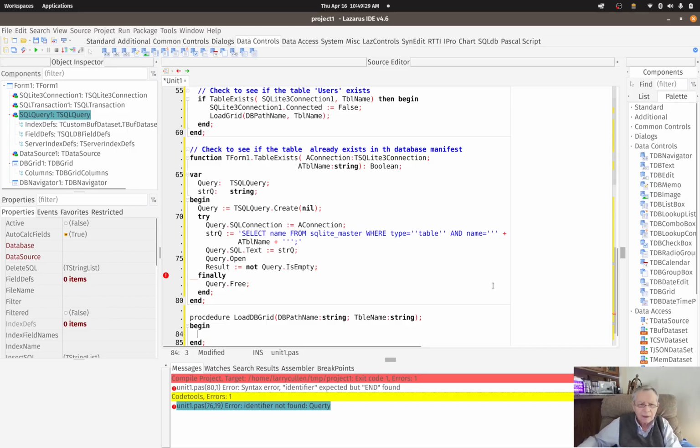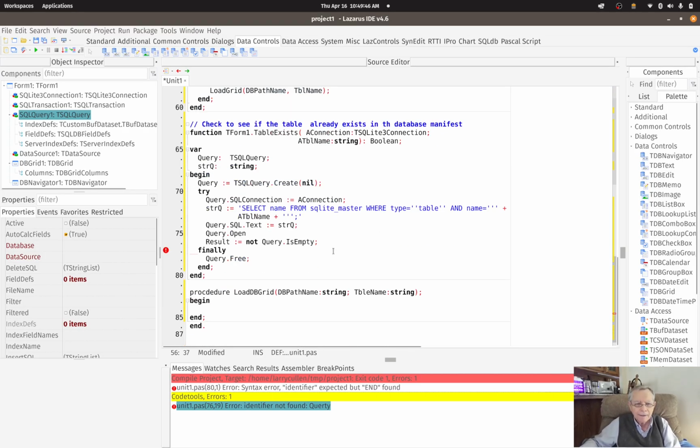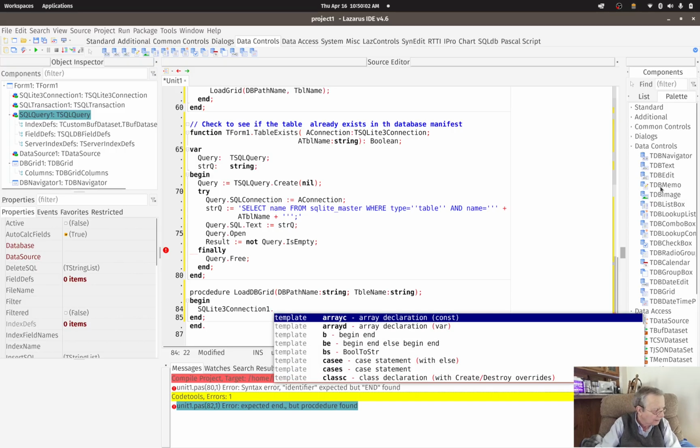So let's go up here and grab that SQL connection. That's right here. Control C to grab that. And tab over. So what we're going to do there is we're going to make sure it's connected. So we're going to do a Control V. And we're going to say,